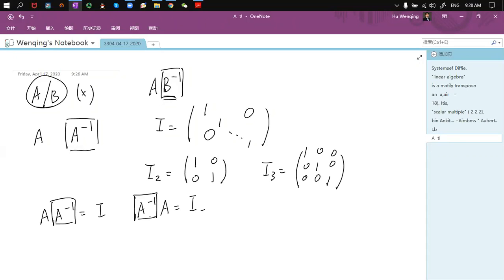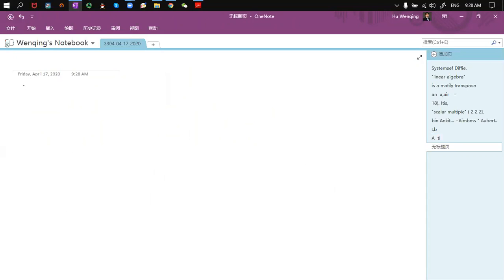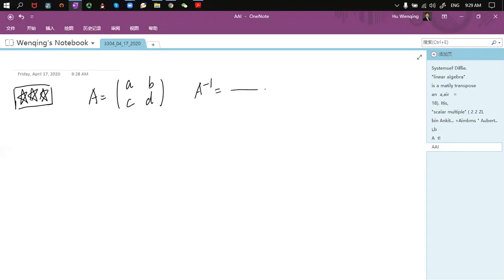Now, how are you going to do that? Very important, so I'm going to put three stars here. For your upcoming final exam, if I give you a 2 by 2 matrix A with entries a, b, c, d, can you calculate A inverse? There is a formula that I would like everybody to remember. It's 1 over ad minus bc, multiplied by the matrix where you switch the diagonal